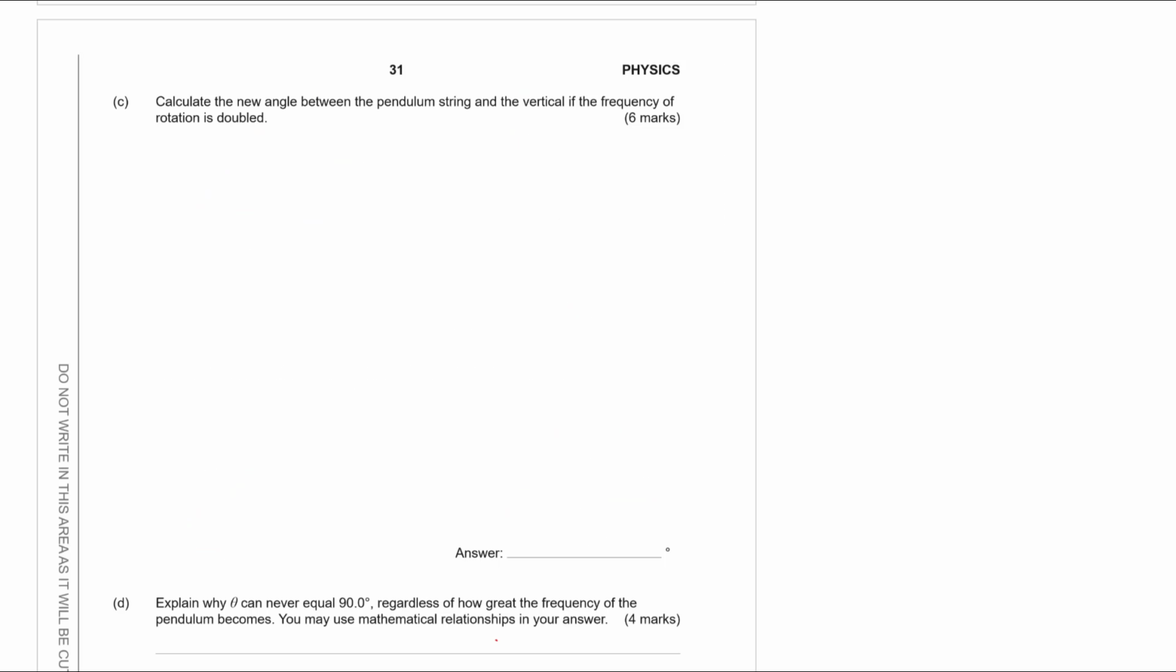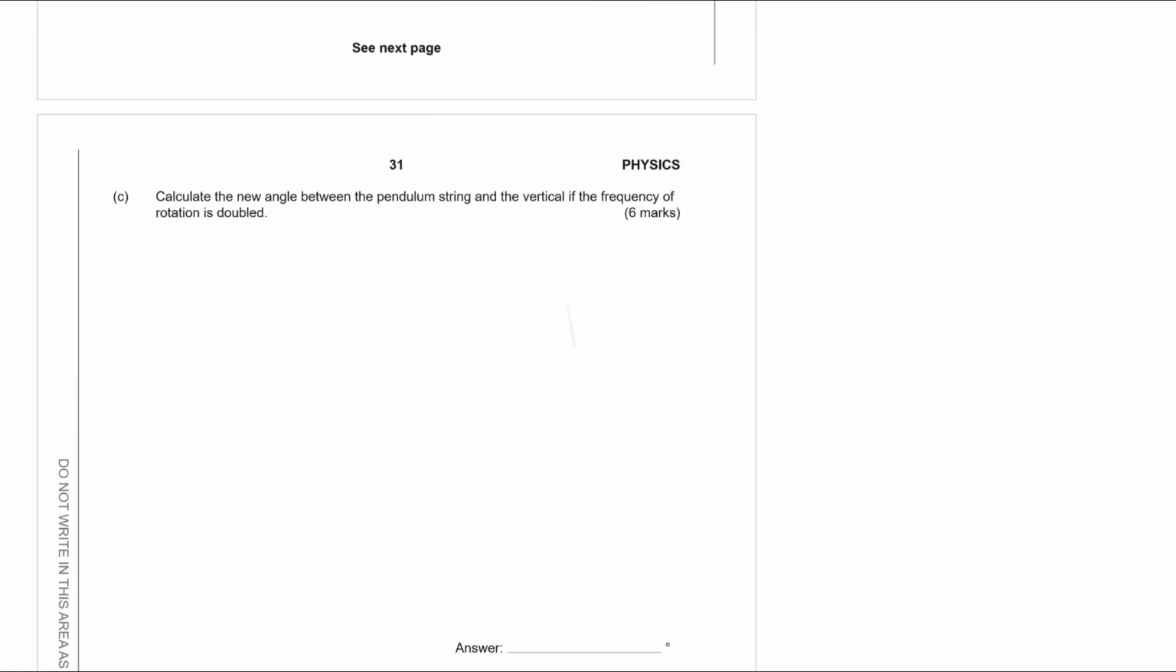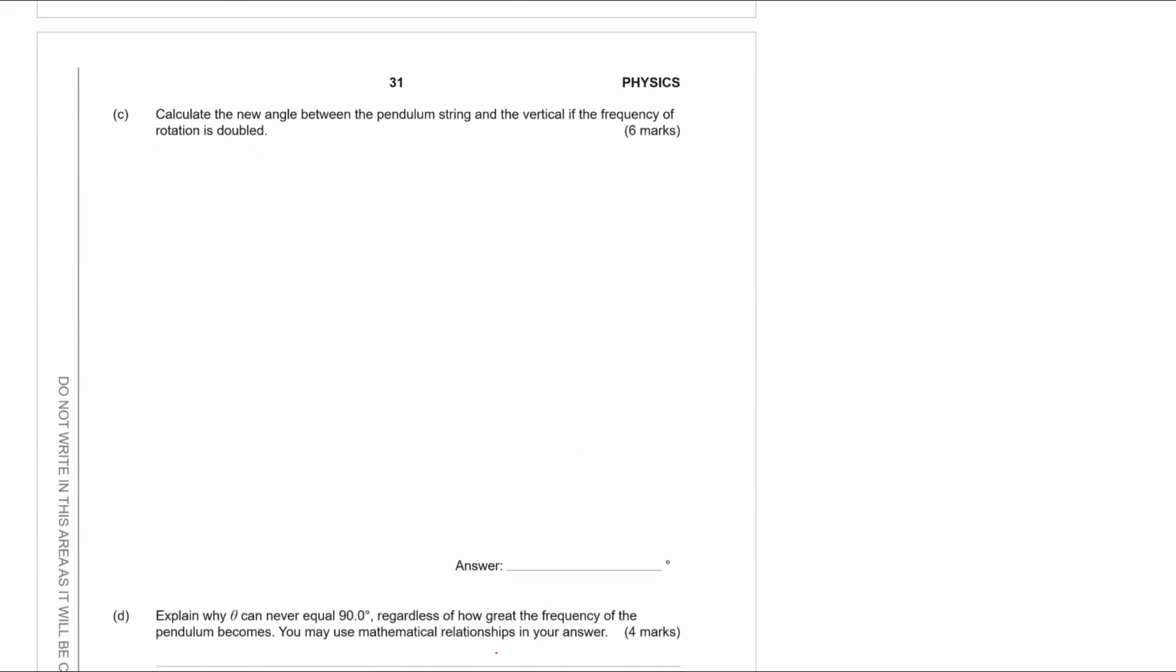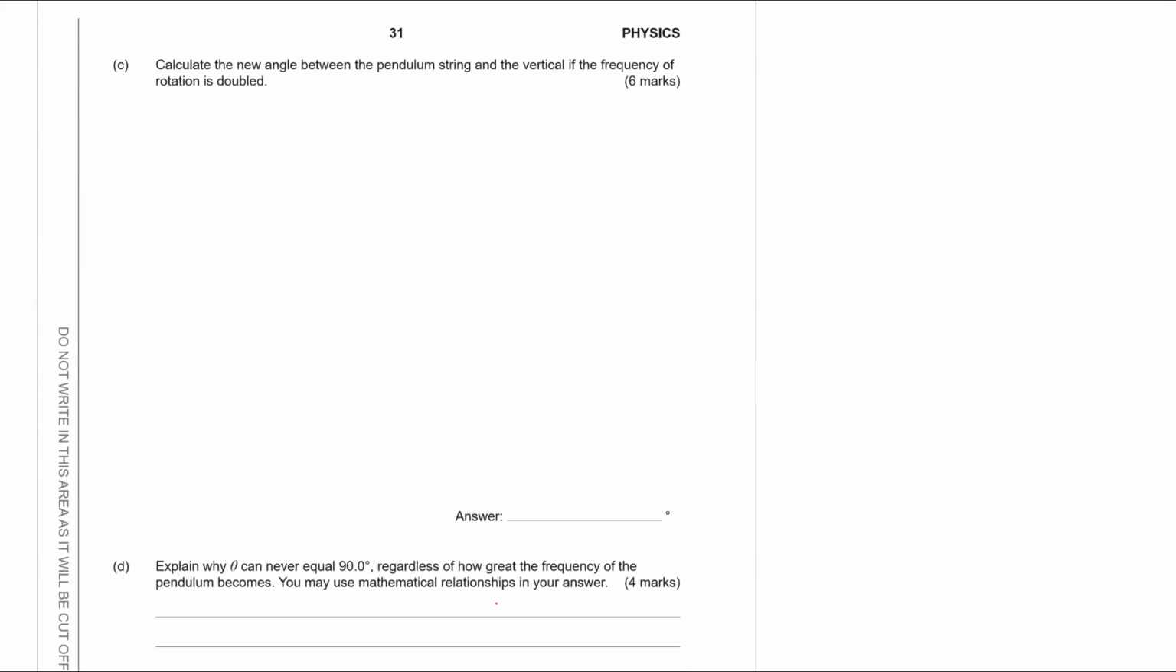Okay, part C is where things get pretty complicated. What it's asking for is to work out the new angle between the string and the vertical if the frequency of rotation is doubled. It tells you in the scenario up here, it wasn't relevant yet, that all of this occurred with a frequency of 0.49 hertz. So what it's saying now is if I double this frequency to 0.98 hertz, what happens